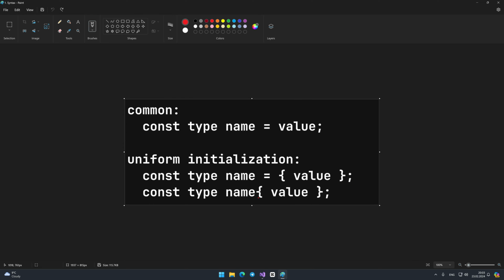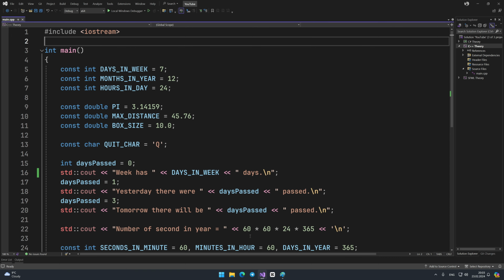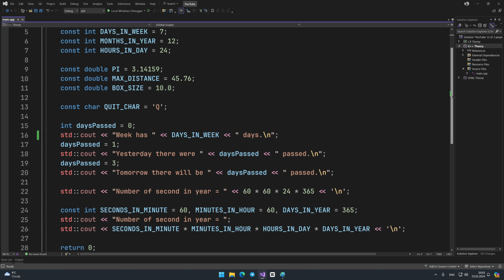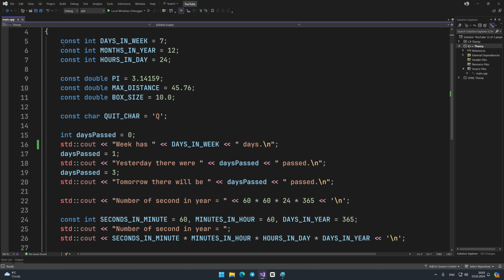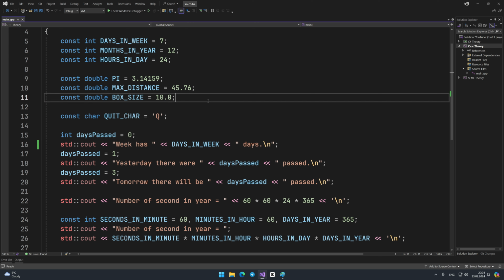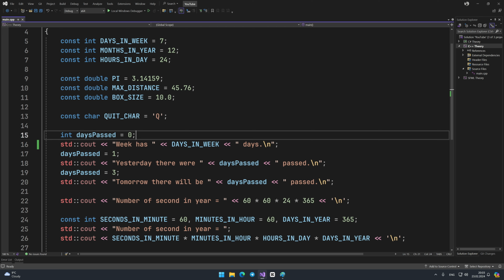Now that we've sorted out the syntax, let's try to create several constants in the code. I created several constants of different types and tried to come up with names of constants that actually exist in real life. For example, the number of days in a week is always 7, and the number of hours in a day is always 24. You may notice that constants can be used in the same way as variables. You can read their values and use them in different expressions. For example, below you can see how I display the value of a constant on the screen.